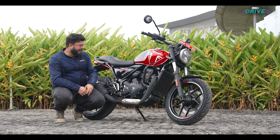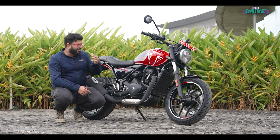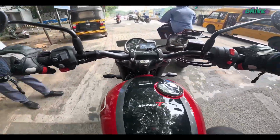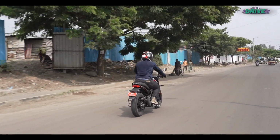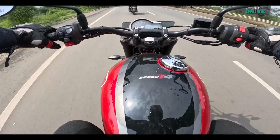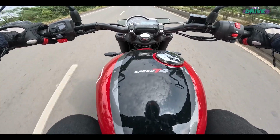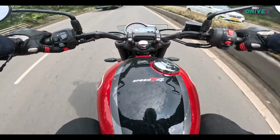city riding speeds. Unlike the Speed 400, which struggles at speeds below 3000 RPM, this motor helps you ride it in an effortless and calm manner in higher gears. So 40 kmph in 5th gear, 50 kmph in 6th gear can be easily kept and dealt with in a rather calm and stress-free manner. Even out on the highway, it can sit happily at 100-110 kmph in a calm and soothing manner with little